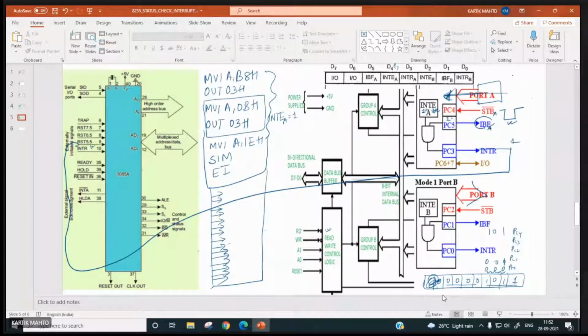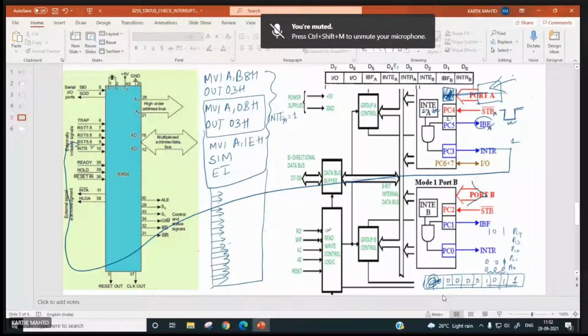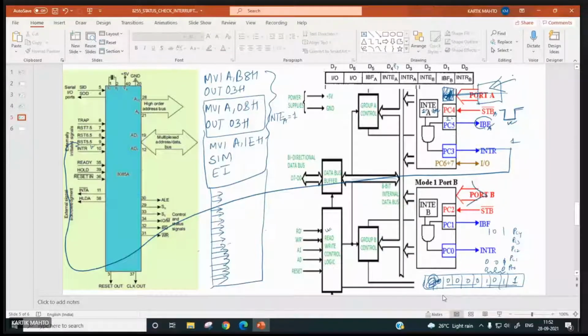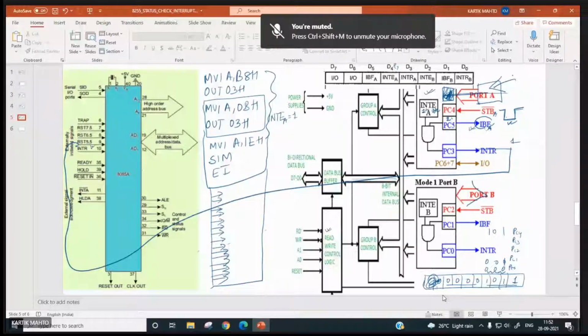Now, if a input device puts a valid data over here, right? Puts a valid data over here and makes STB A bar low like this. 8255 is going to make IBF equal to 1. Since we have already made INTEA equal to 1, so this INTR pin, PC3 pin will become 1. Okay, 1 means 5 volt.